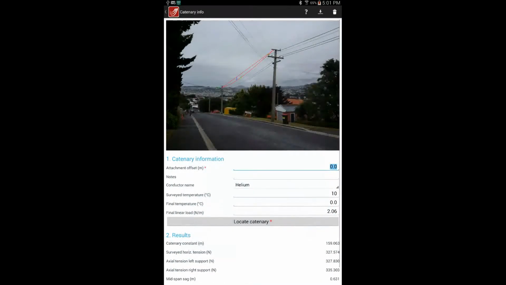and we choose the button on the top left to return to the catenary info page, and you can see that it's calculated a catenary constant and tensions. However, on the screen it shows that the actual conductor catenary attachment points don't match where the attachment points actually are, and that's because the attachment points are offset from the center of the structure, and we need to